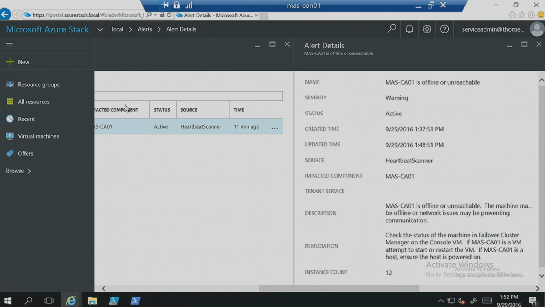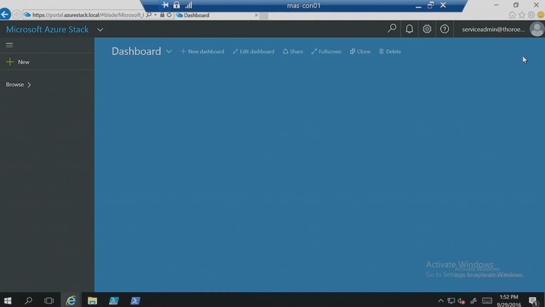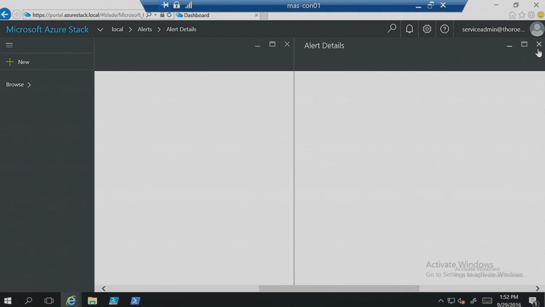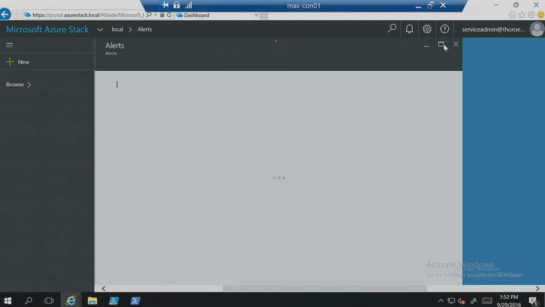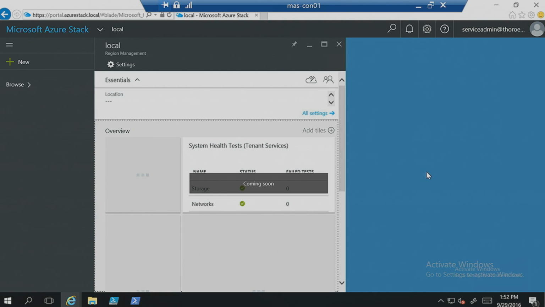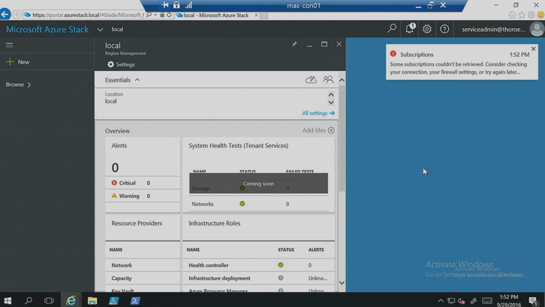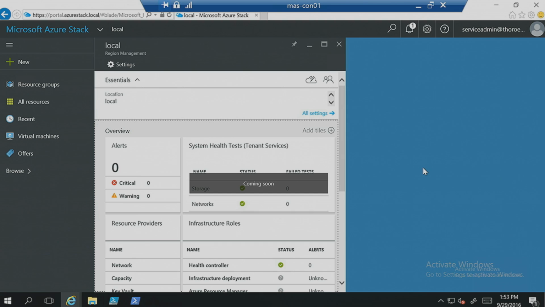Flip back to our portal, and let's validate if the alert got closed. So you see we have closed the active alert through an external monitoring system, in that case Nagios, leveraging the APIs and closing the alert in Azure Stack.